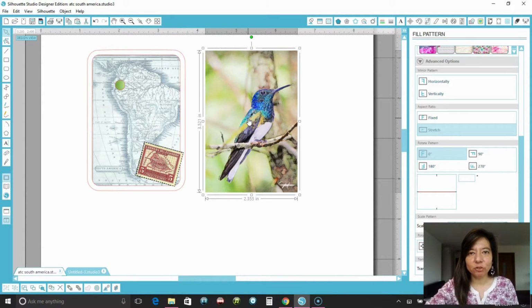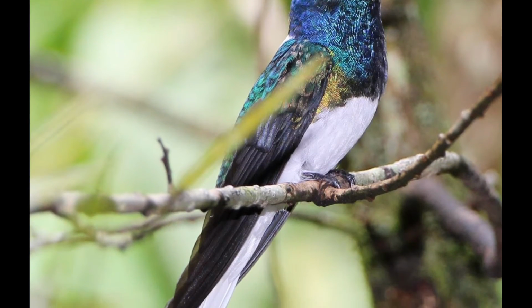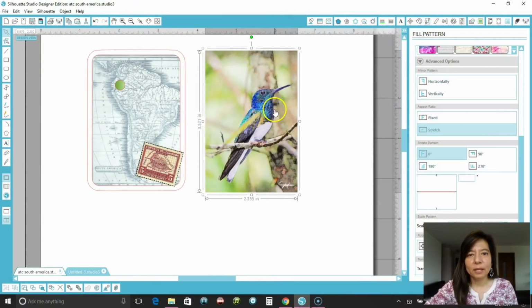And then this is the actual hummingbird that I took a photo of. I'll include a picture of that hummingbird right here. So that picture of the hummingbird I took in Mindo, Ecuador. I converted it into a painted file by using an app on my iPhone. That way I could paint it more easily with my Lindy Stamp Gang Magical Micas. From that photo you can see the iridescence on the hummingbird's neck and on its back, and the Magical Micas